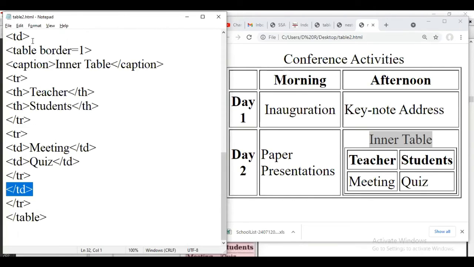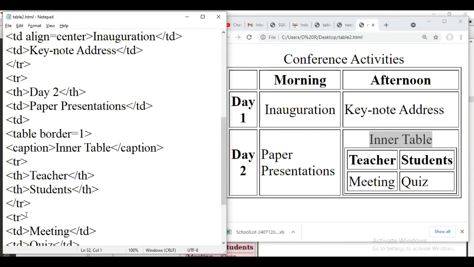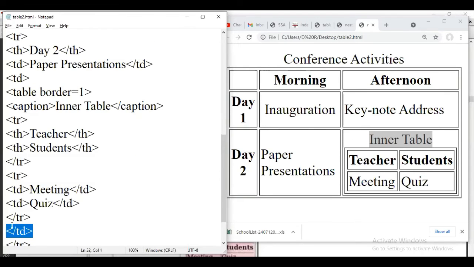Okay, this TD. Inside this TD and slash TD we have inserted this table, that is here. And then the row close means this is the third row of the outer table. Okay, before that TD there is one row that is still open.